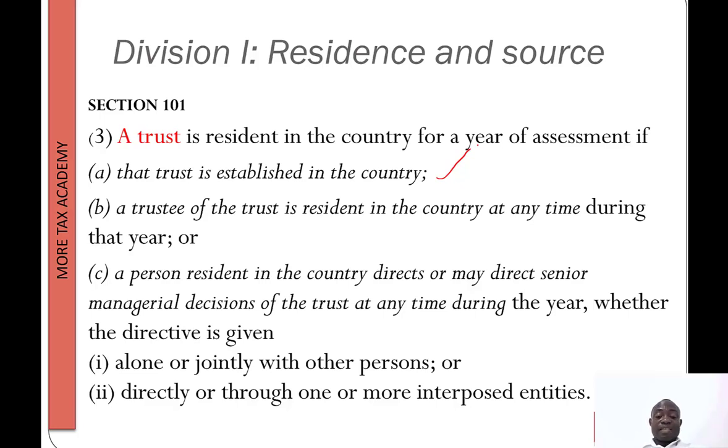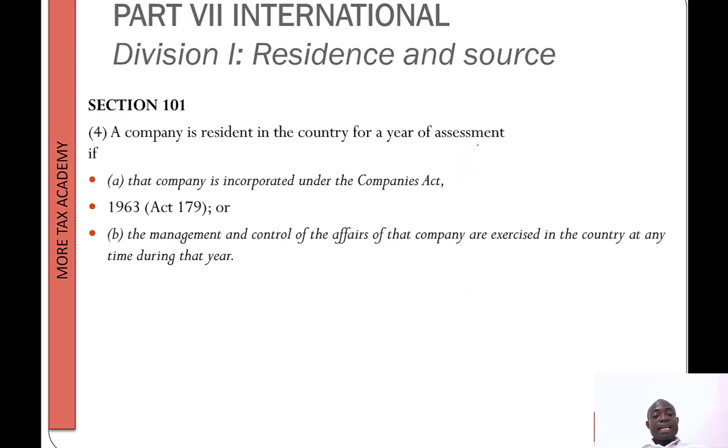So you may not be a trustee, but you are a manager of the trust, and you are in Ghana and you are managing the trust. That also makes the trust a resident trust. These are all important concepts because they will determine whether you should include all income in the assessable income or you should focus only on the income that has a source in this country. Then the last one